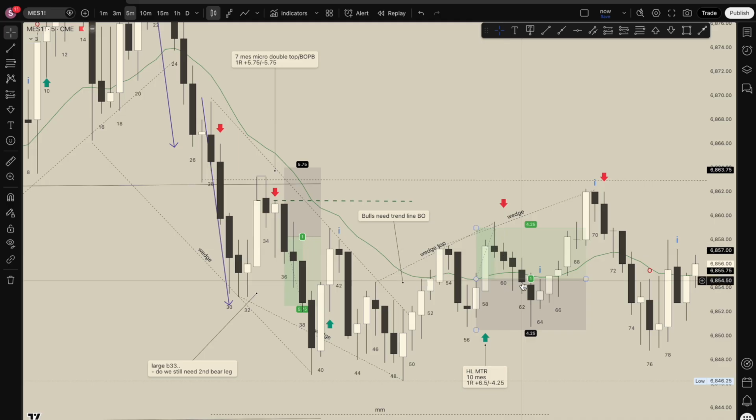Now we have 5 consecutive bear bars, but they have prominent tails, and so it's hard to buy above the bar. It's hard taking this first entry on bar 65. Now buying the close of bar 65 is a little better because this is a better looking bull bar, but it wouldn't be the highest probability, and the upside is pretty limited, which would be this high, or this wedge,